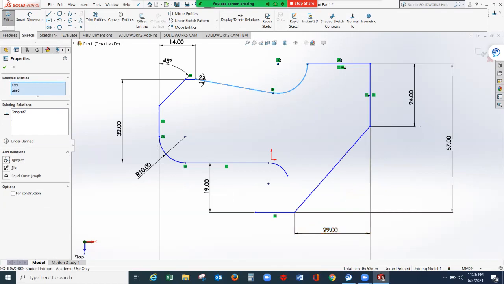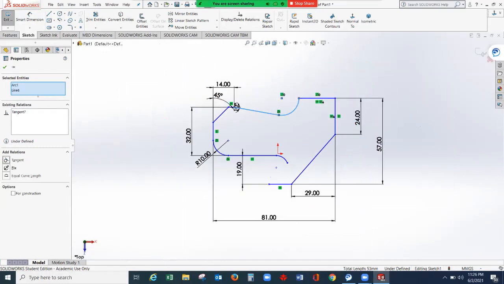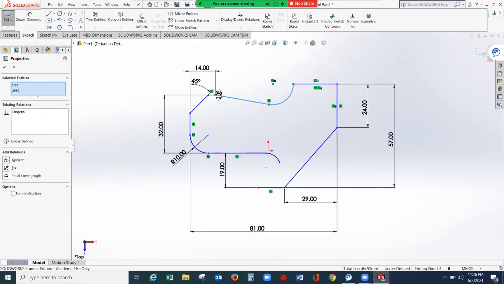So let's check if we can add some dimensions in some other point. So 10, 32, 14, 10, 45. So this is tangent. This is 24, 57, 29, 81.